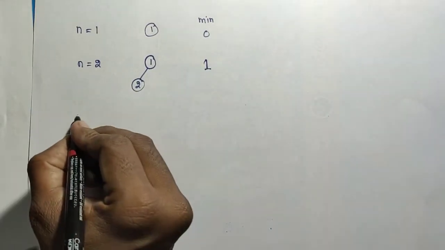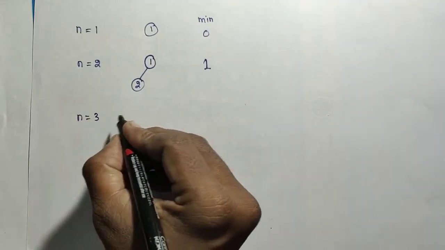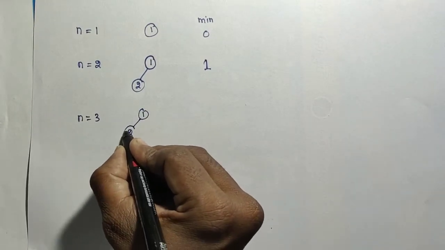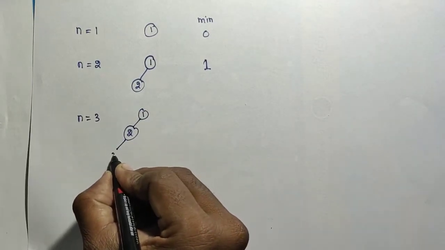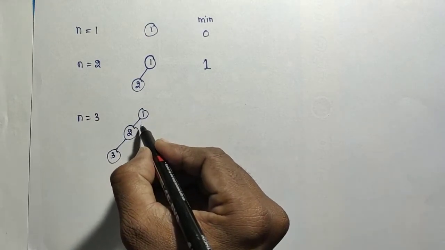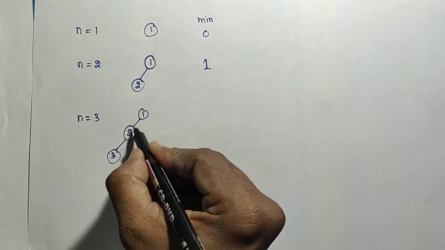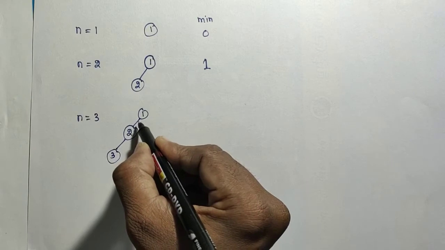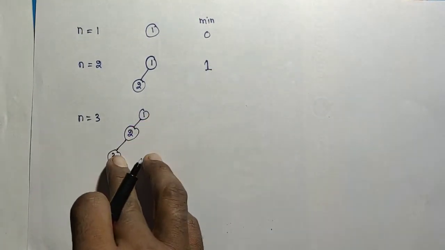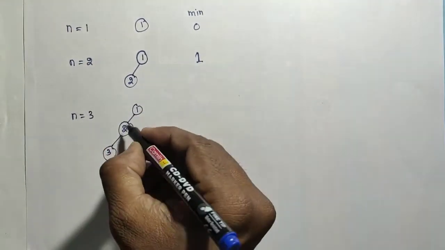Similarly, n equals 3. There are two possibilities. It can be constructed like this. That is 1 always. The second node is the left and the third node also the left or right. What is the minimum and what is the maximum height required? 1 and then 2. The 3 nodes will be joined like a linked list. So 1, 2, 3 like that if we add, that height is 3. So the maximum height is 2.